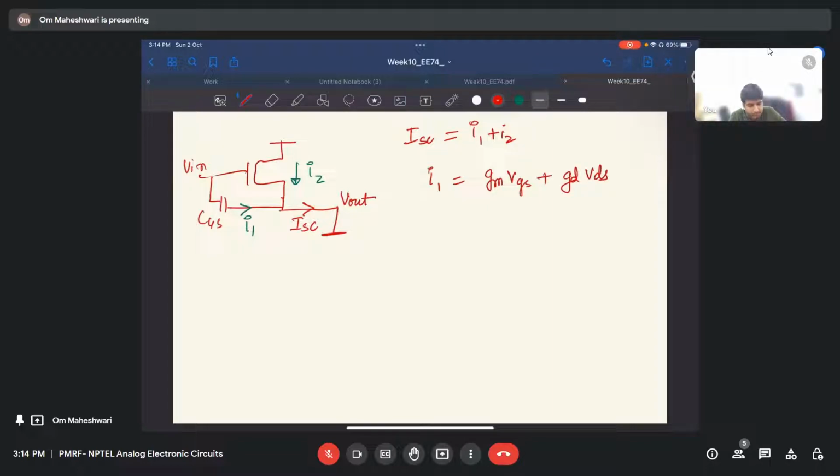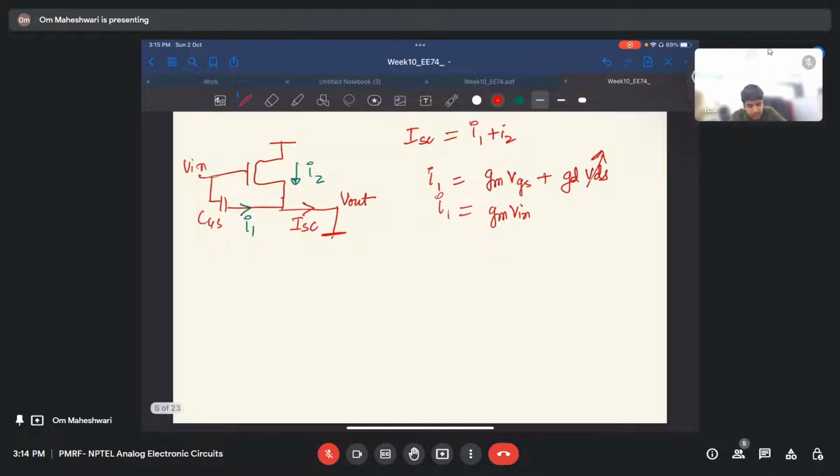Now there's no VDS. VDS is zero since we have shorted the output. So it's just GM VGS, and VGS is nothing but V in, right? If this node is ground and this is V in, so VGS is V in. GM V in is I1,